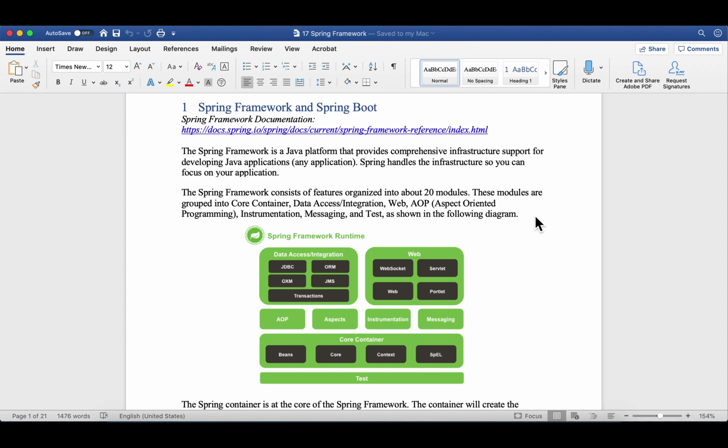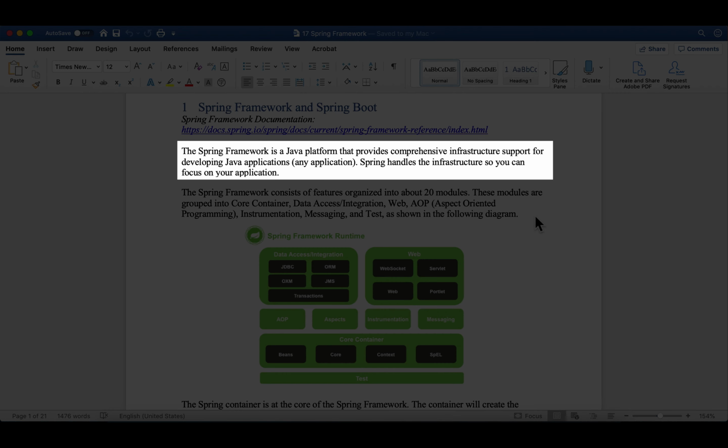So what is Spring Framework? What is Spring Boot? What is the relation and difference between Spring Framework and Spring Boot? Well, Spring is a Java framework that provides comprehensive infrastructure support for developing any Java applications, either standalone applications or,